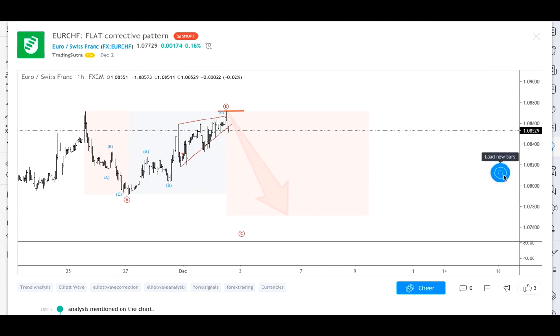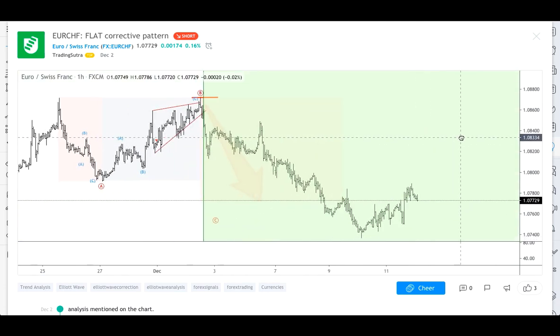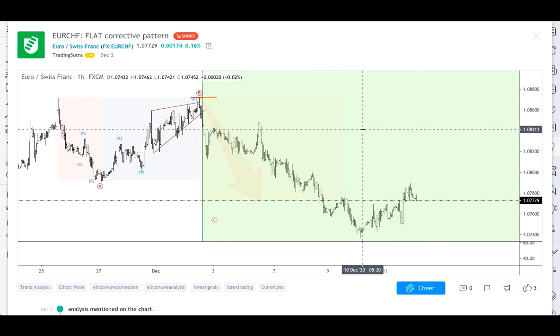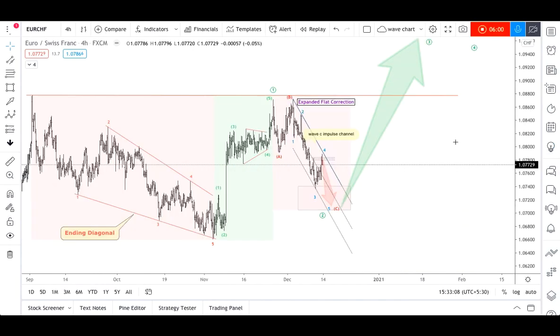So what happened exactly after that? Let's load the new bars. Look at this. Three waves down, three waves up. The three waves down complete our wave A of the expanded flat correction, and the three waves up, having wave A, wave B, and wave C as an ending diagonal, complete its wave B. After that, we have to see a five-wave downside movement, right? Every C corrective movement consists of five waves. So this is our wave A, wave B, and wave C. Wave C should consist of five waves. It should be in an impulsive manner. So where are we right now? Look at this.